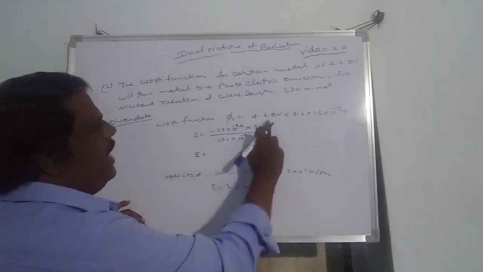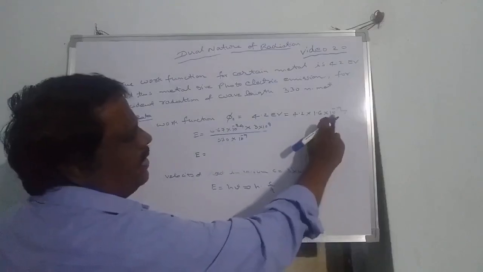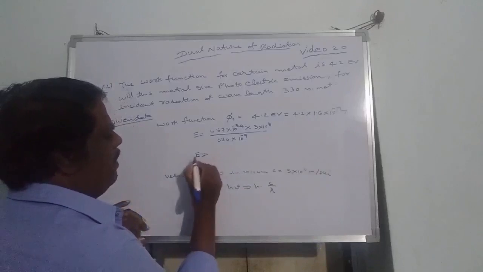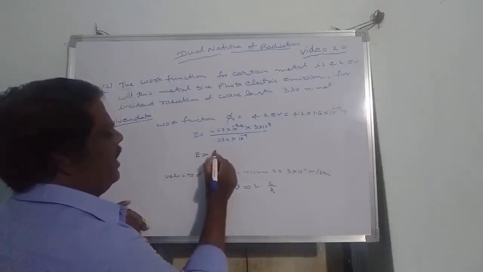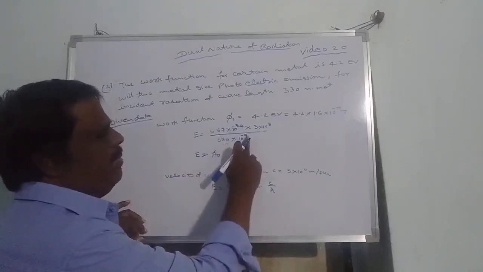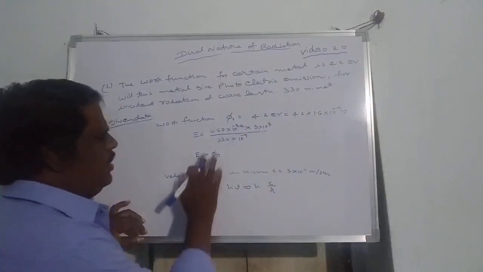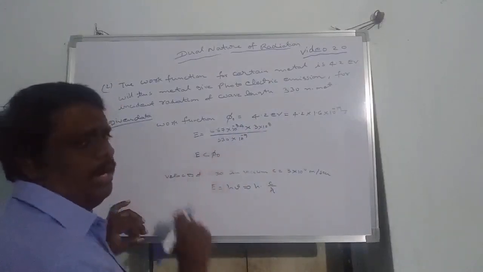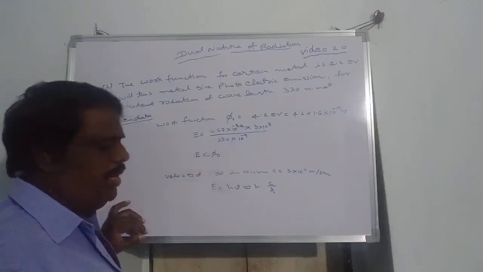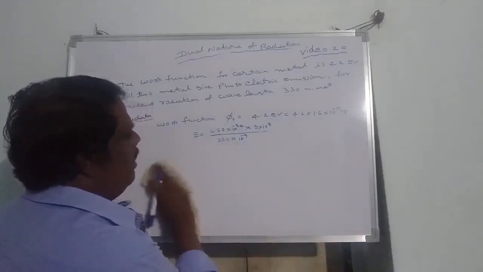Okay, here the value of phi naught is 4.2 into 1.6 into 10 power minus 19. Suppose the E value, emission value, is greater than phi naught. On simplifying, if the value is greater than phi naught, the emission will be possible. Suppose it is less than phi naught, so less than the work function, no emission will be possible. Okay, let us write the values on simplifying.